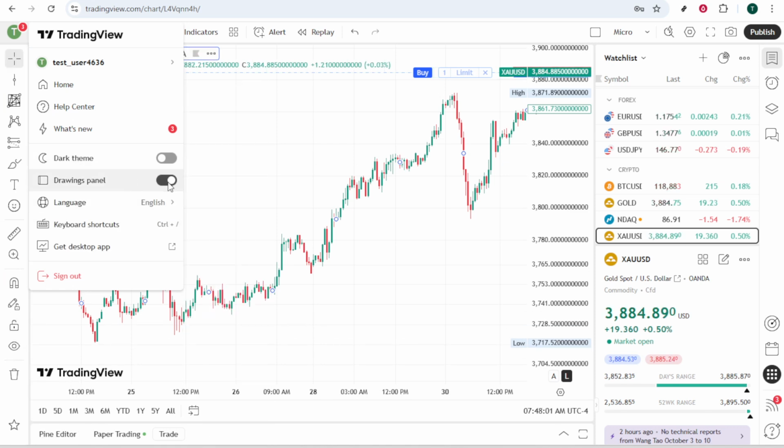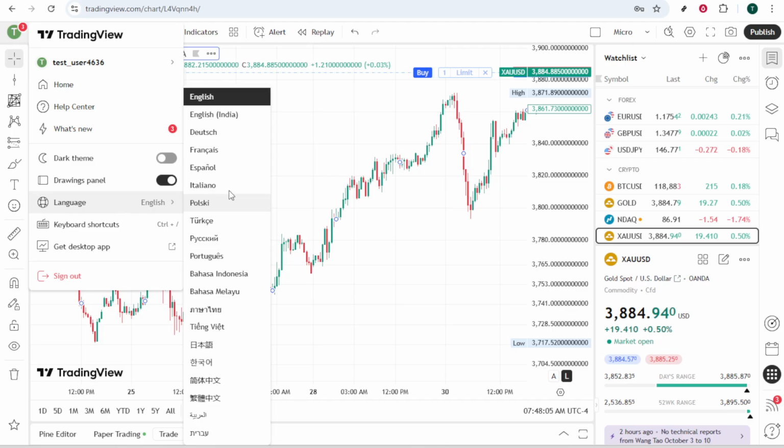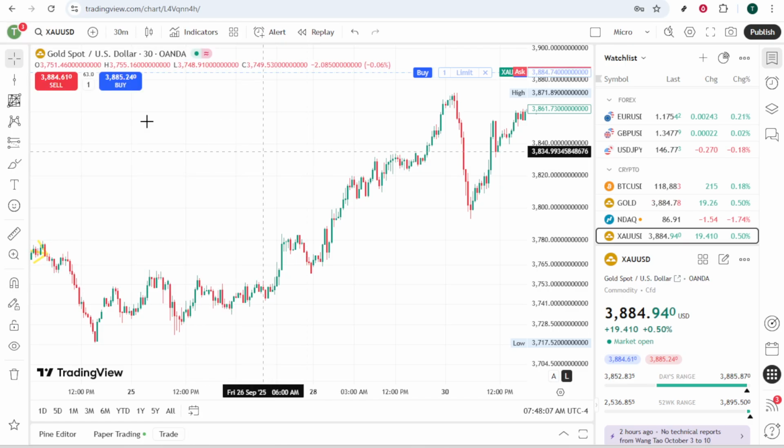If the toolbar is still not showing after enabling the drawing panel, don't worry. There's a couple more things you can try. First, attempt a full refresh of your browser page. You can do this by pressing Ctrl plus F5 on your keyboard. This will force your browser to reload the page completely, clearing any potential glitches that might be causing the toolbar